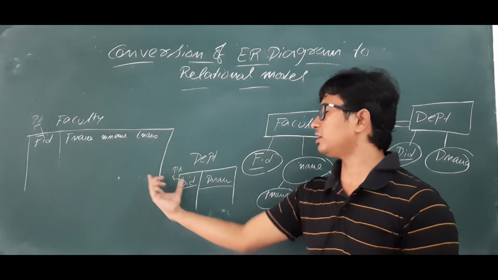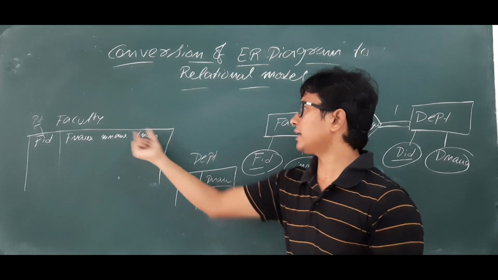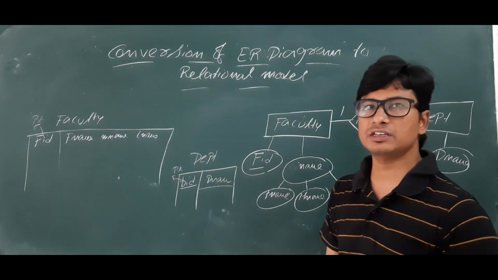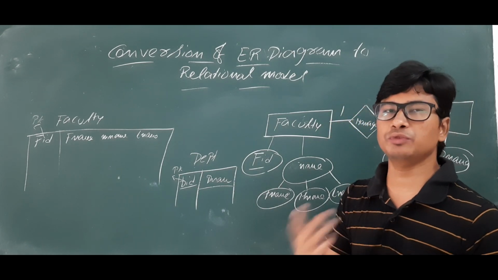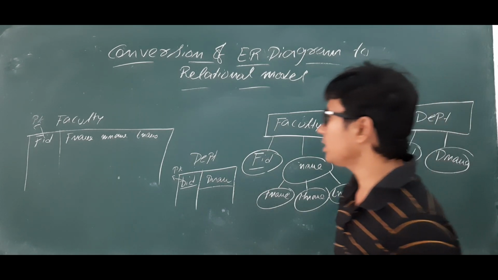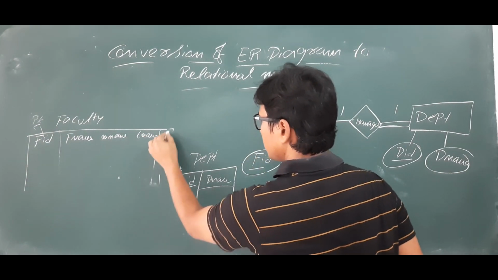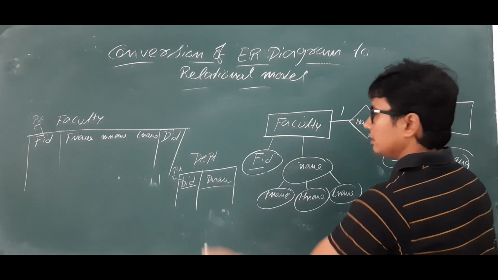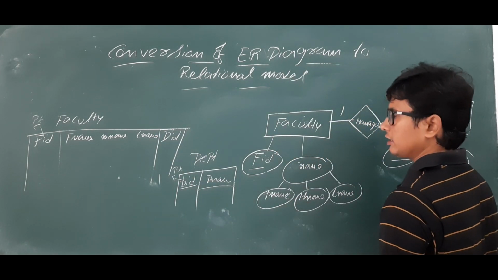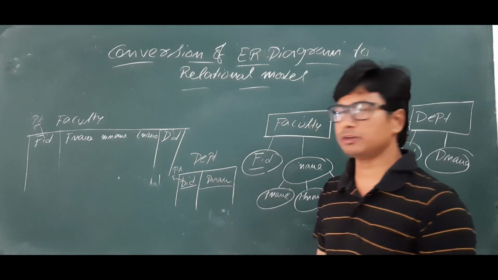Because if you want to have a relationship between two tables, then you should have a primary key acting as a foreign key, so then it will be very easy for us to have a relationship. So we will discuss both the cases, and which case we should go for. Okay. Now let's take the first case. I am keeping department ID as a foreign key in this one, because the primary key of the department table I am keeping as a foreign key. Then I can have a relationship between these things.